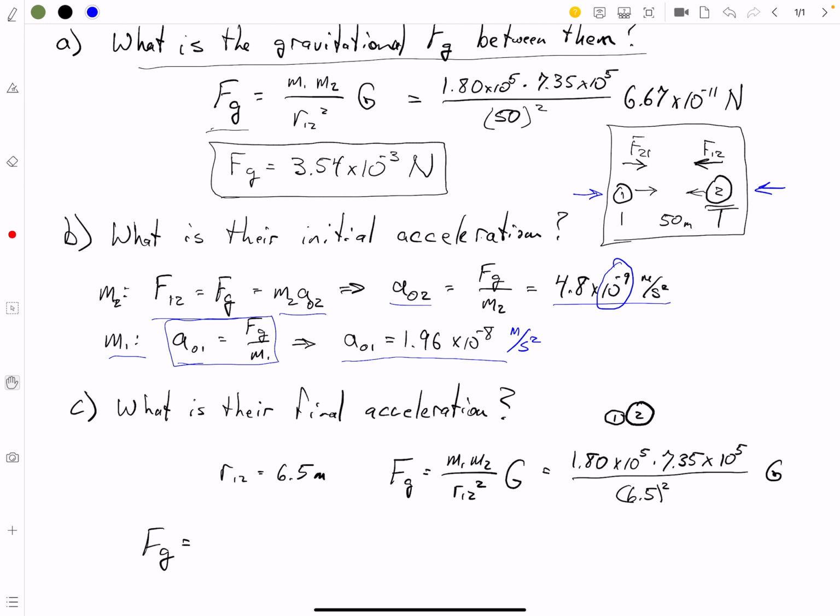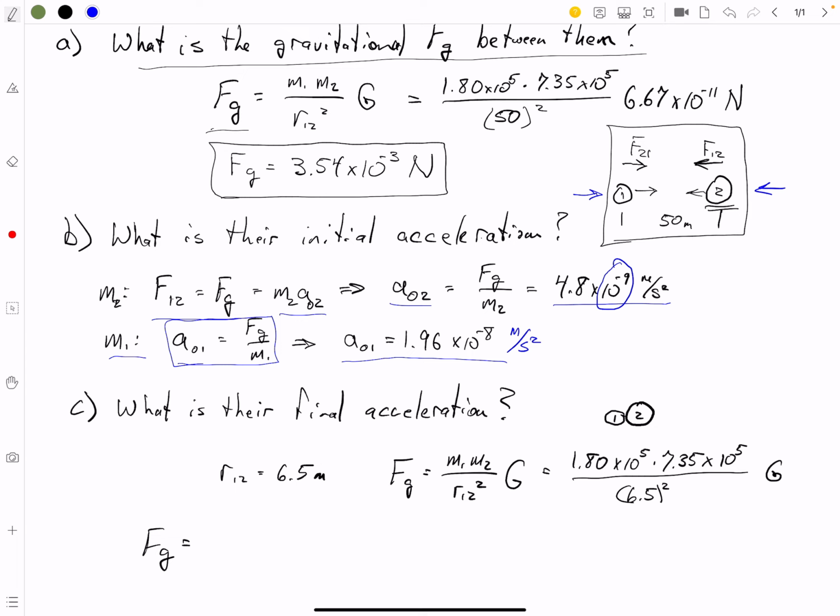So what is their final acceleration? This is where I thought I was pausing last time, and ended up wasting everything that I recorded up to that point because I had to go get my calculator. So we're going to plug in these numbers and get the final. So we've got our 1.8, and we're going to multiply that 7.35 times that,